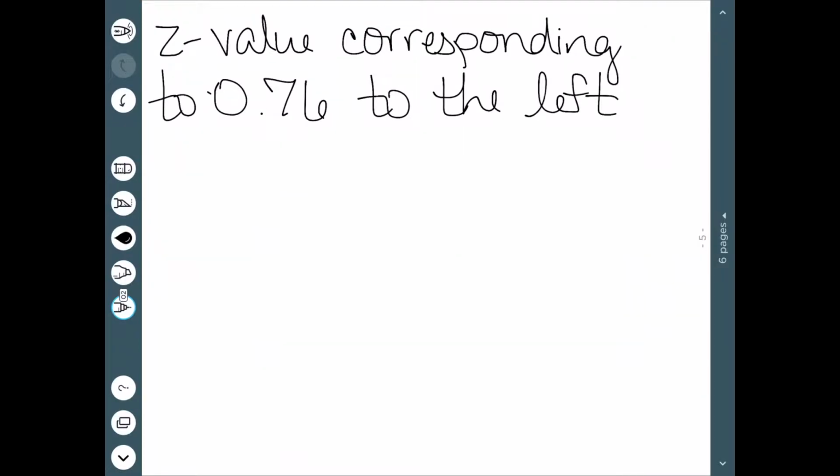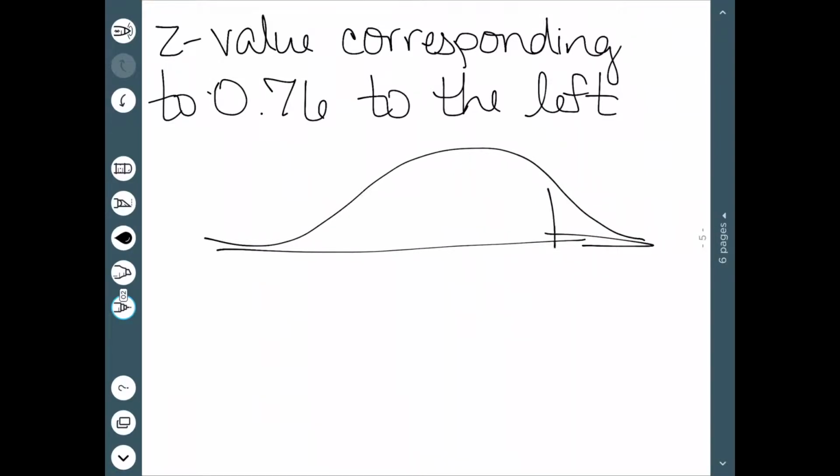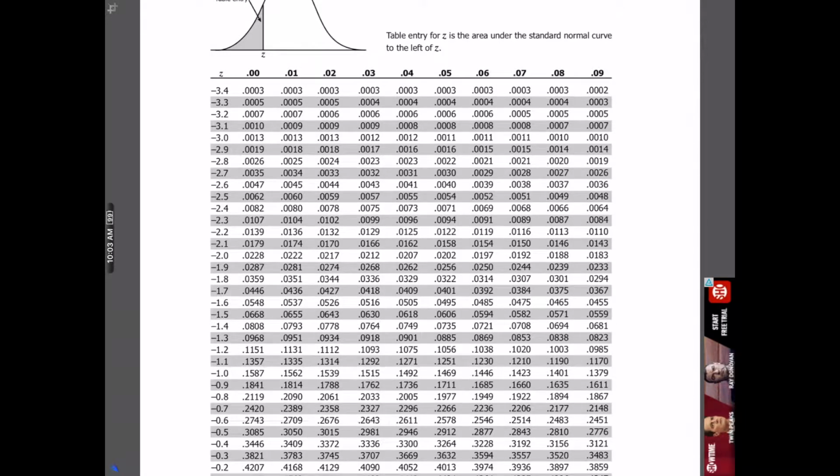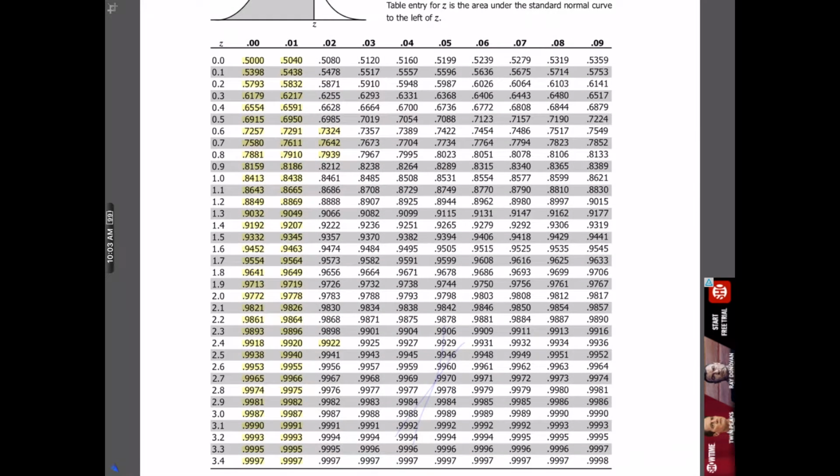This time let's find the z-value corresponding to 0.76 to the left. So this time I still have area to the left shaded, but this now accounts for 0.76 of my area, and I still want to find the z-value. When I have my table, I now just need to find 0.76 in the center. But we'll see that this proves kind of tricky. We see right here,